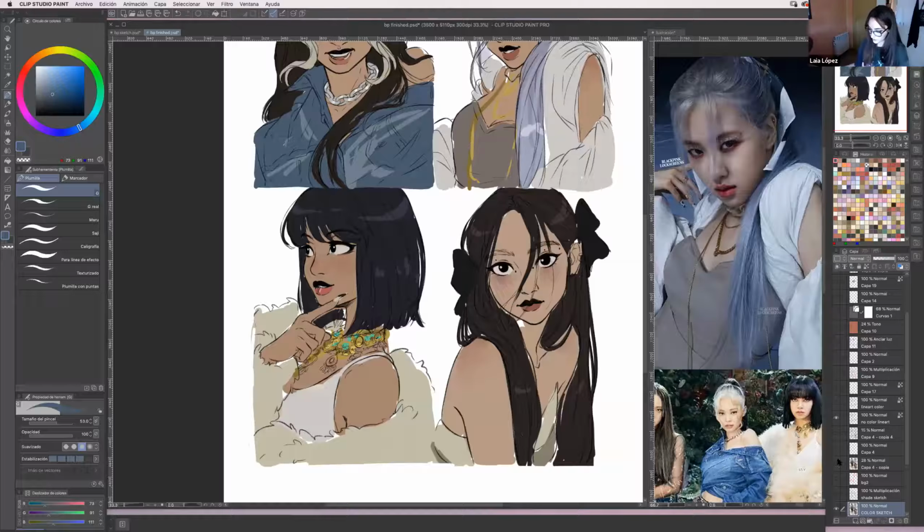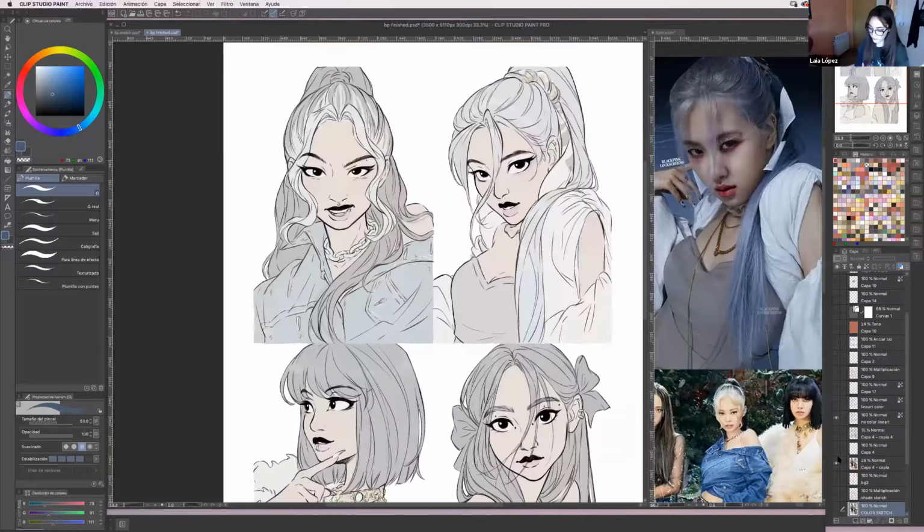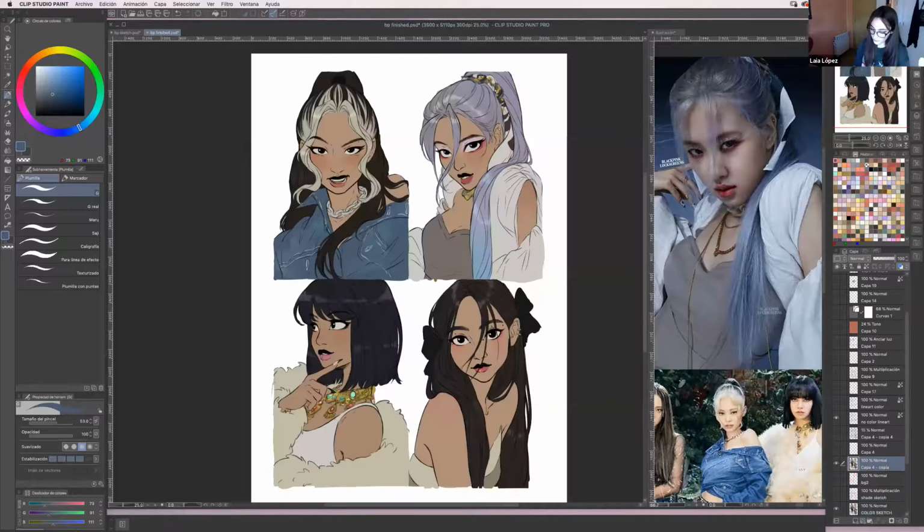This was the sketch color. This is the final color. It looks much better. As you can see, I fixed the highlights on their hair. Now it looks way better. And you can see that I use the blur tool again, so the edges of the brush don't look that sharp.